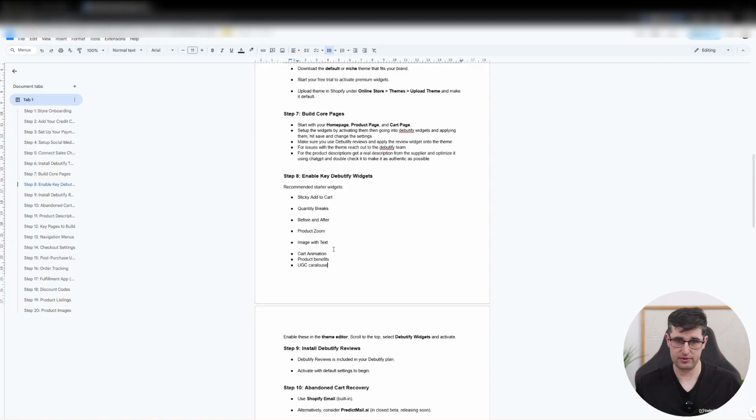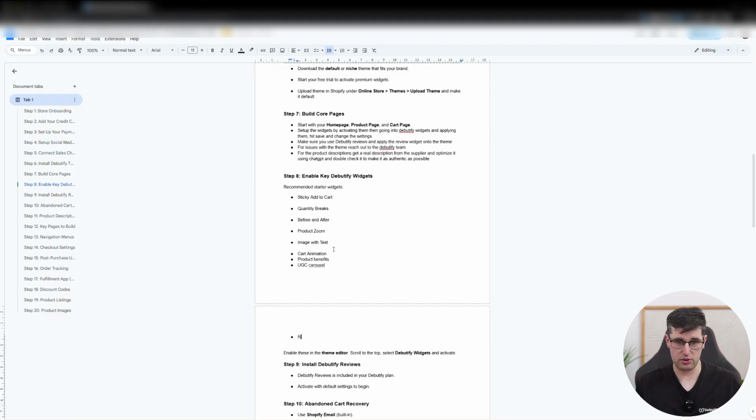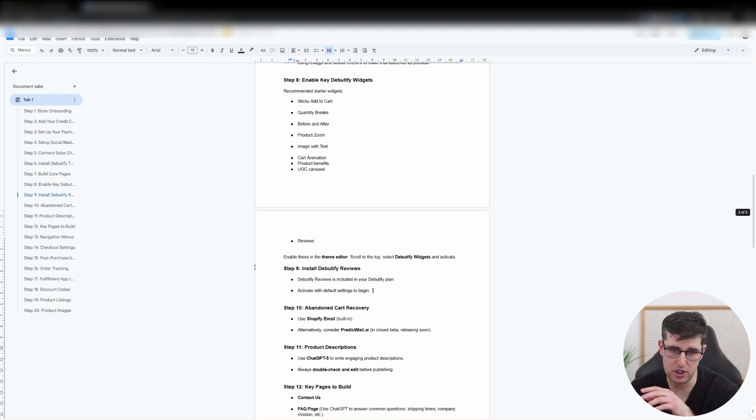Okay, so that's now pretty much the themes. Let's move on. As a little tip, the ones you want to have at least: sticky add to cart, quantity breaks, before and after, product zoom, image with text, cart animation. I added sticky add to cart, product benefits as well, UGC carousel, reviews. Now, as I said, I have it here with the reviews, so it is a part of the Debutify base plan, but you can also install it separately if you want, if you're using another theme, entirely up to you. So you got your UGC carousel,